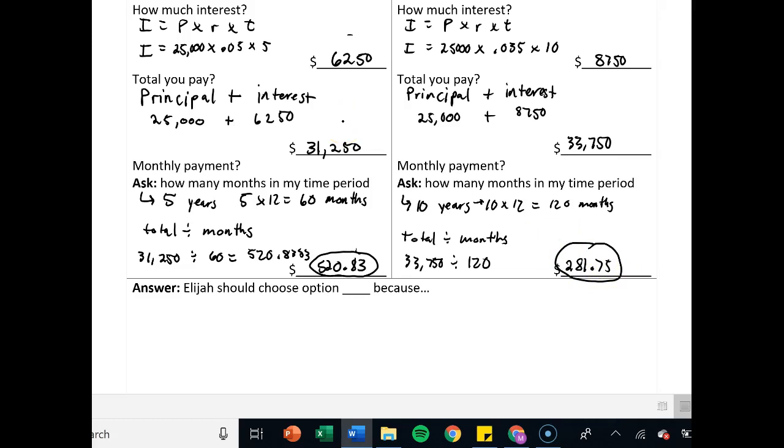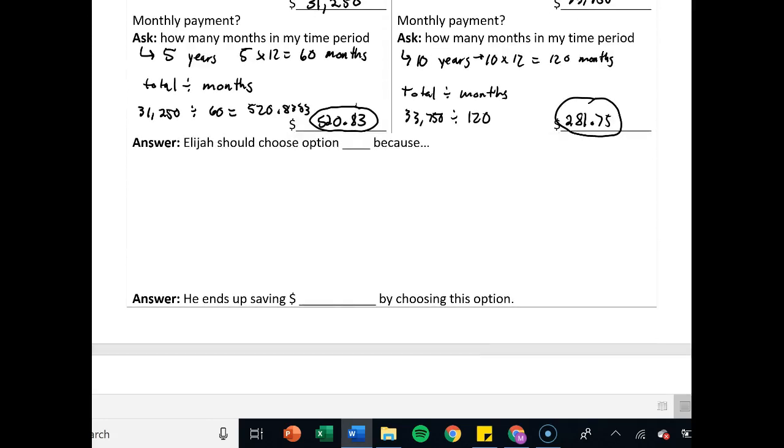While in the long run, option 1 is absolutely better because it saves you money, in the short term, maybe you don't have $520 to give every month. Maybe you can afford $281.75, right? So it all depends on your current financial situation. This answer could go either way. I could say option 1 because I save more money in the long run. I could say option 2 because I pay less right now. It's really up to you. I am a guy that really likes to pay off loans right off the bat, so I'm going to say option 1 because in the long run,